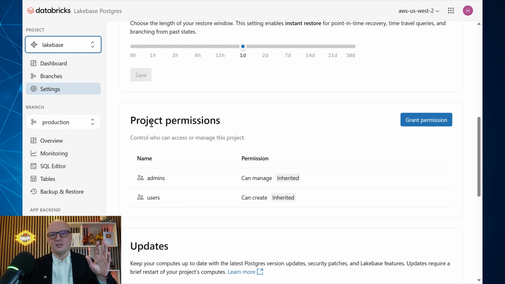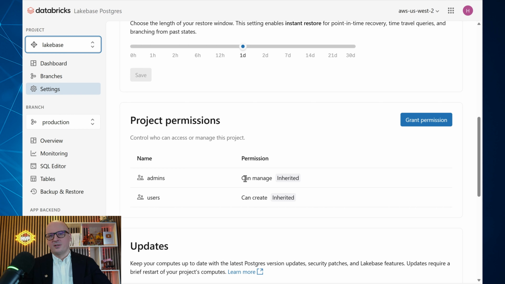It's not related to the data itself, because to define access to data, you need to define Postgres roles in SQL, yes, but those project permissions are related to managing the project, like settings of a SQL cluster for Lakebase, and